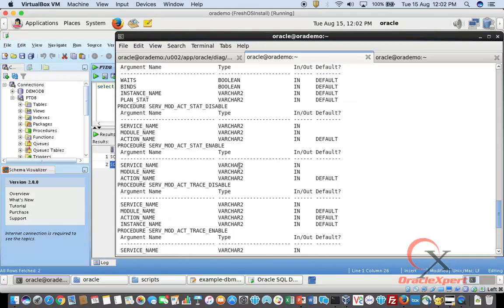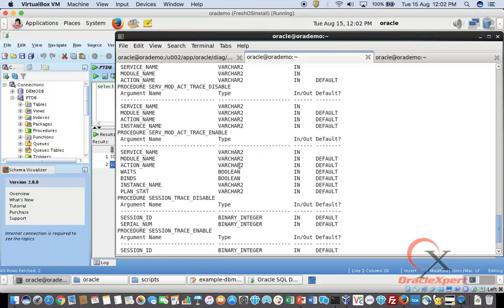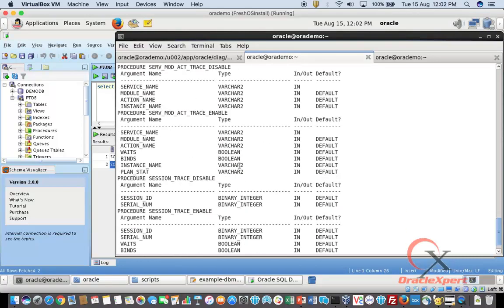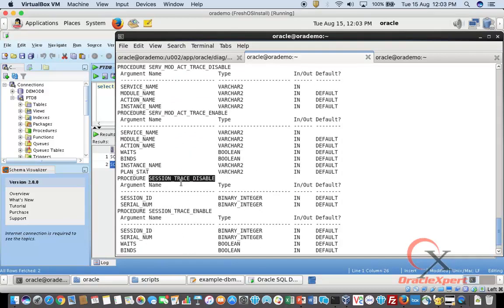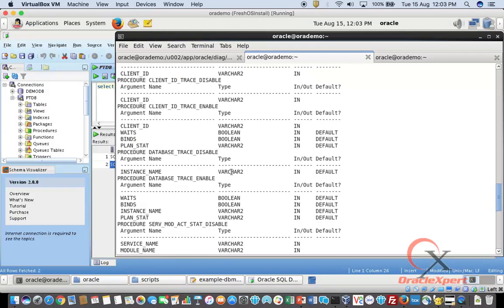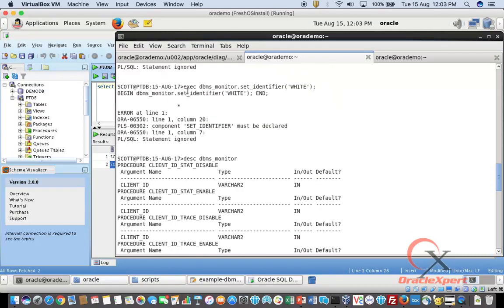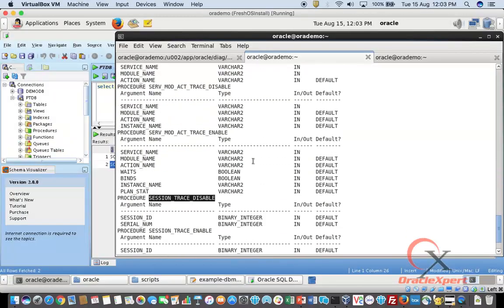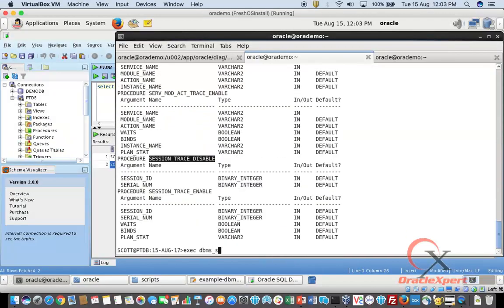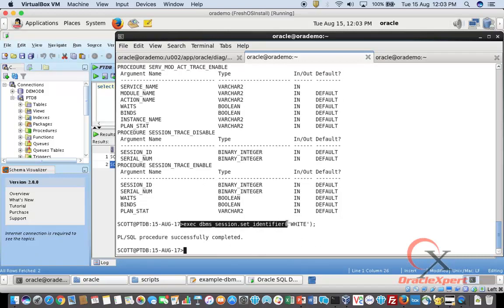I'm checking my DBMS monitor package description, and I'm interested in looking at what is the name of the procedure which sets the client identifier. I don't see one here. Oh, looks like I'm querying a wrong package, sorry. It should have been not DBMS monitor, but DBMS session. So to identify, I'm saying execute DBMS session dot set identifier,